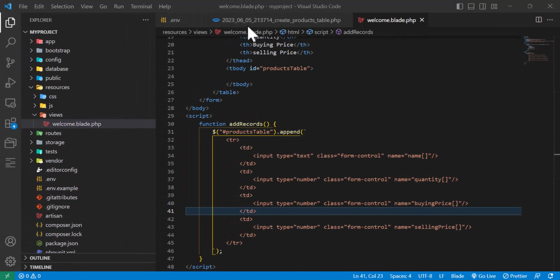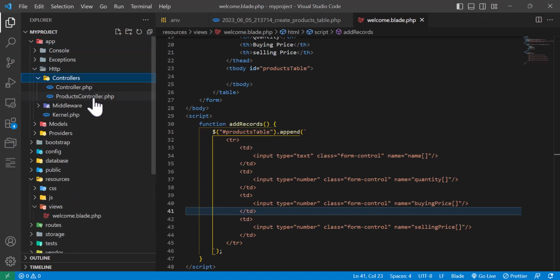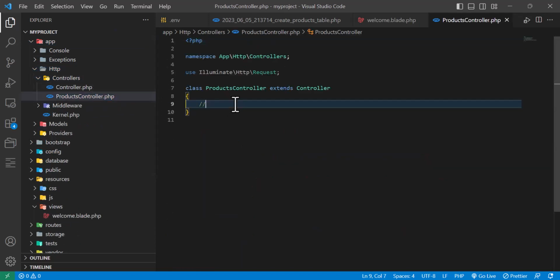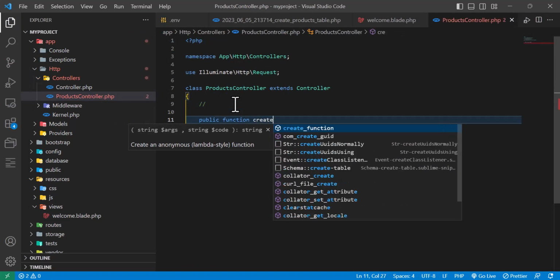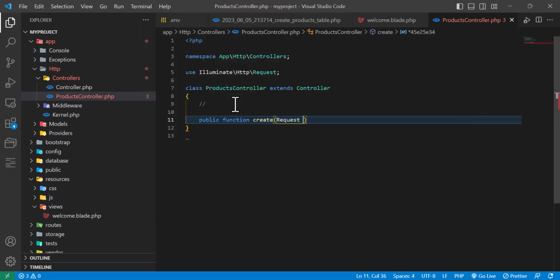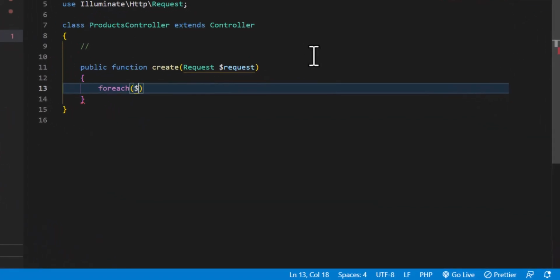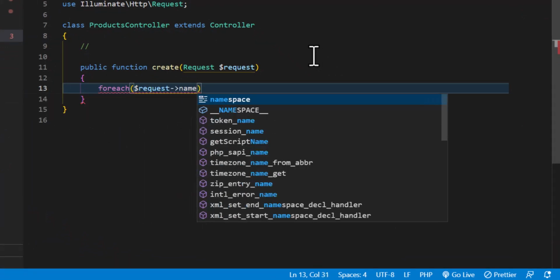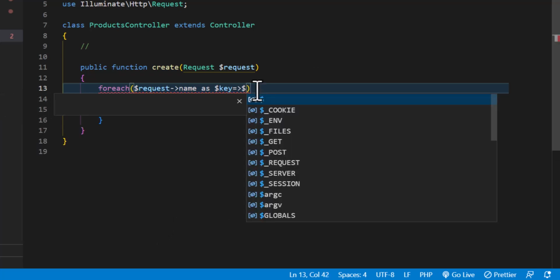Let's go to our controller to save these fields. So I will come to my app, http controller, products controller. Here I will create a new method, public function create, request $request, and here I will type foreach $request name as $key $name,